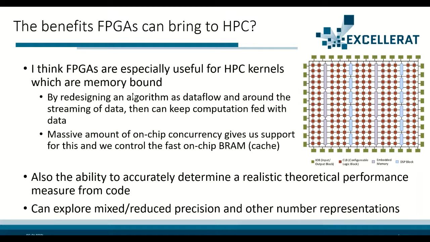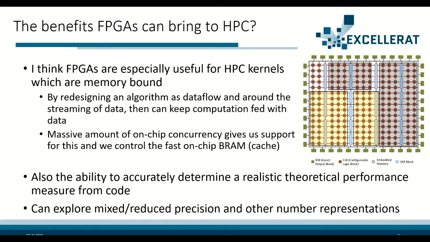Now, there's two ways that they can help there. Firstly, this massive amount of bandwidth to the outside world and within the chip. This is typically an order of magnitude greater than CPUs and GPUs, but also the concurrency. And for instance, what we can do here is we can have part of the chip doing compute, and we can have another part of the chip feeding in data for the next bit of compute, maybe reorganizing it, doing any sort of manipulation, so that when that compute needs it, boom, it's good to go. So we have a lot of flexibility in how we deal with that,